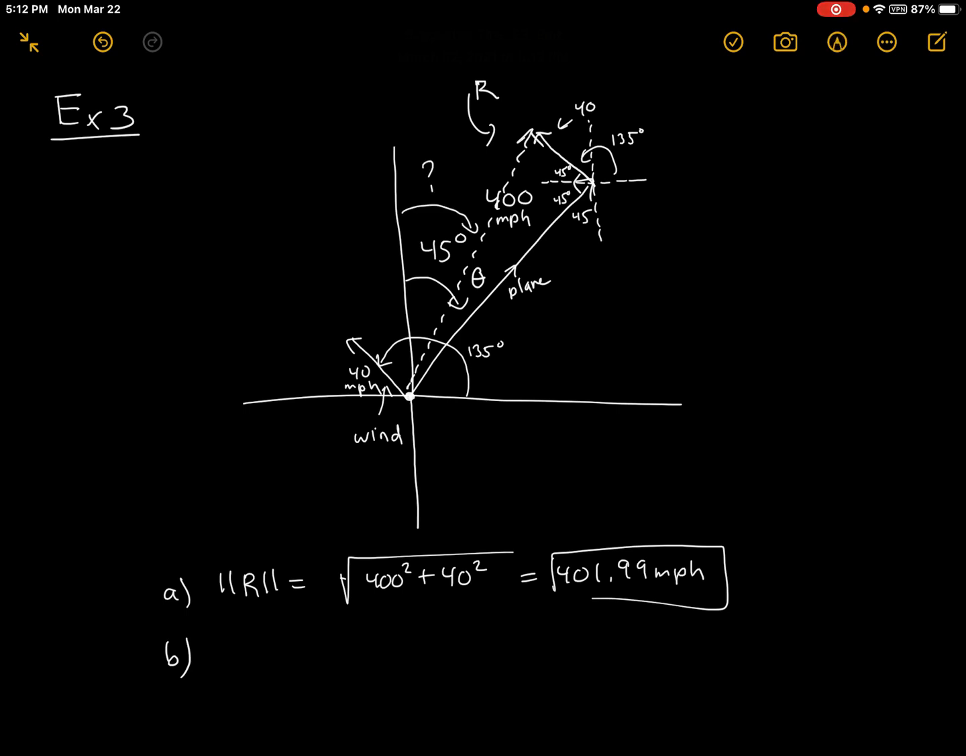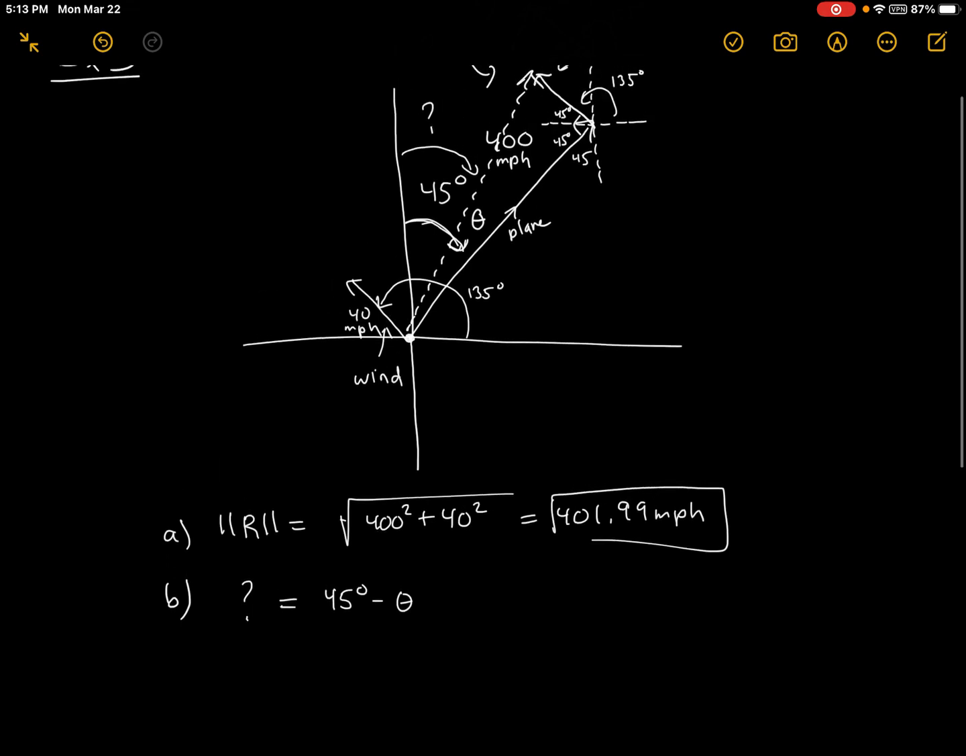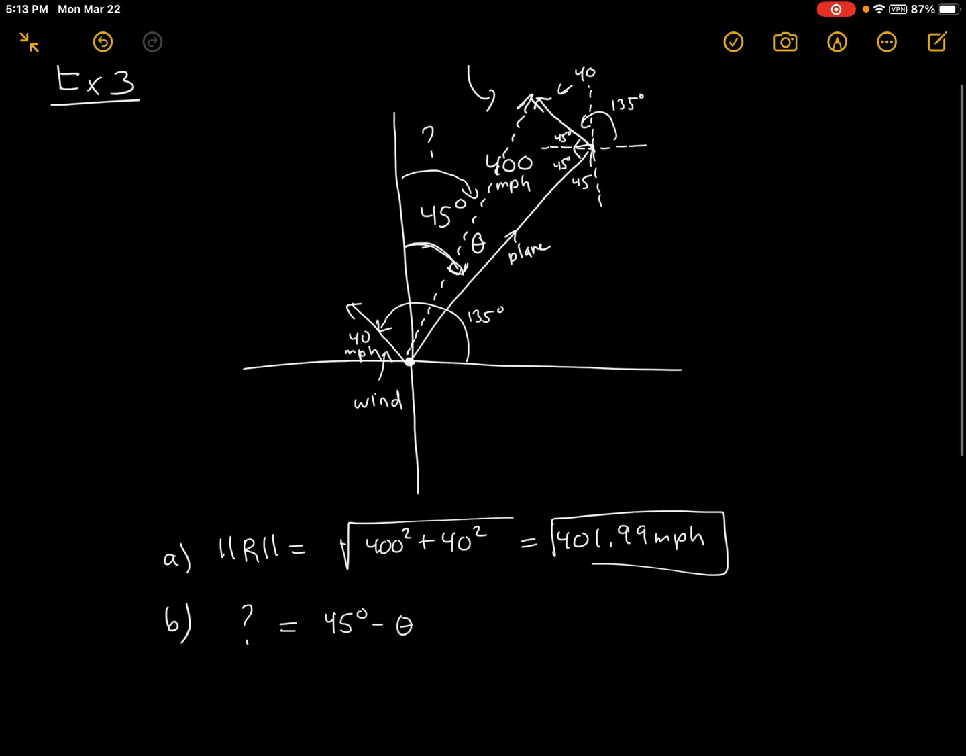Okay, so once we figure out if from here to here is 45 degrees, and from here to here is theta, we'll just do 45 minus theta to give us question mark. Okay, so question mark is 45 degrees minus theta, and that will give you the direction. Quite simply, we're just going to use our tangent function. Tangent of theta is equal to opposite over adjacent. So the opposite side is 40. The adjacent side is 400. And if you take the tan inverse of 40 over 400, or 1 over 10, you're going to get approximately